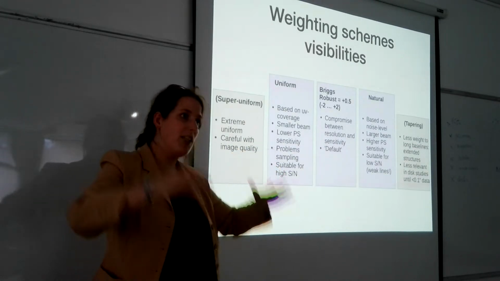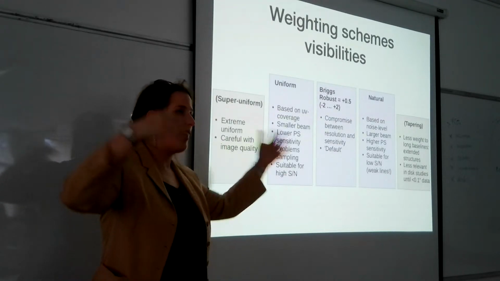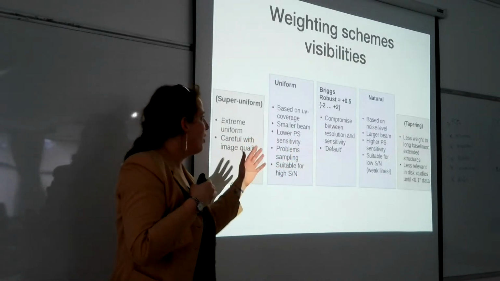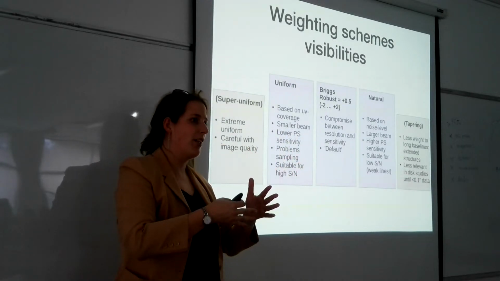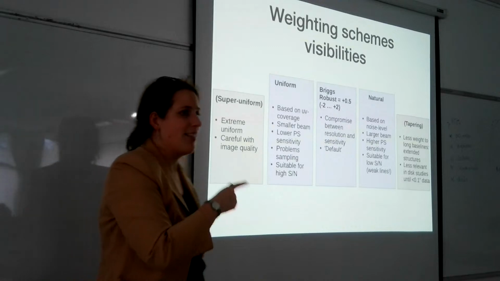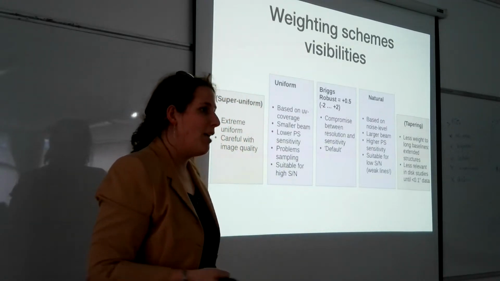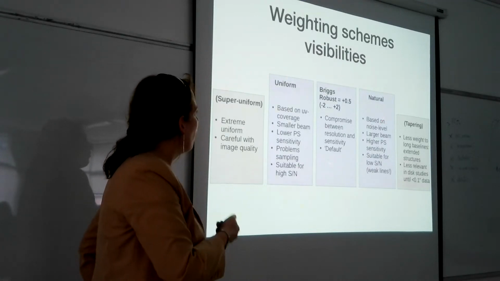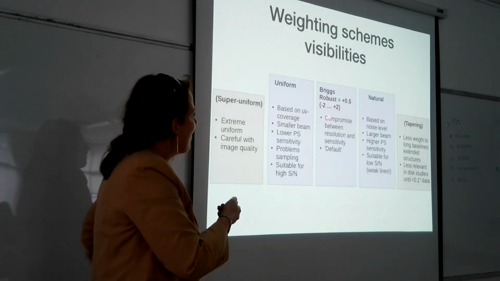But your sensitivity, your noise levels, are also going to get worse because we're suddenly adding all this noise from the longer baselines. So you will always have to find a compromise between resolution and signal to noise by the choice of your weighting. This is kind of the key parameter that you have to play with when you're making an image of your data. You choose natural or uniform, or you choose essentially Briggs weighting, where you can set another parameter